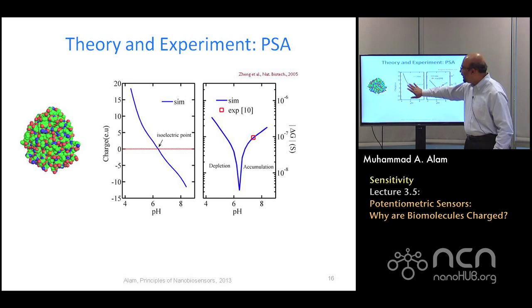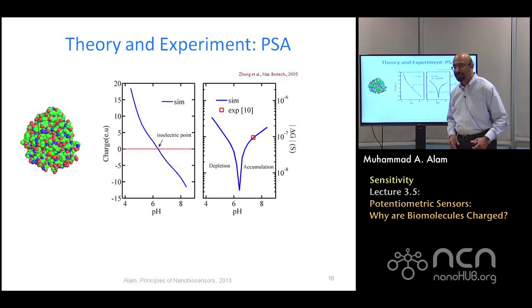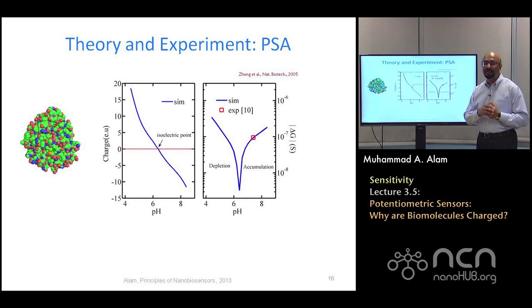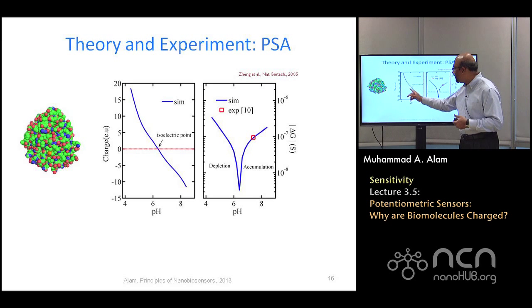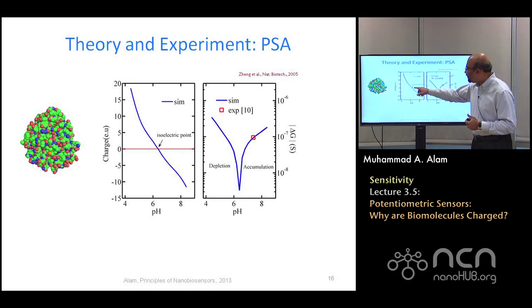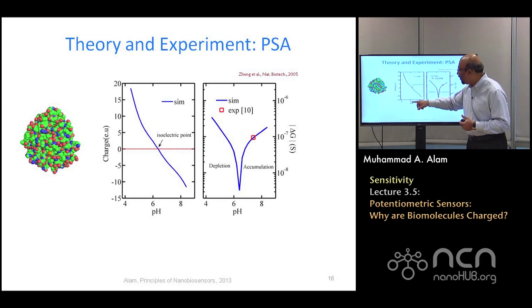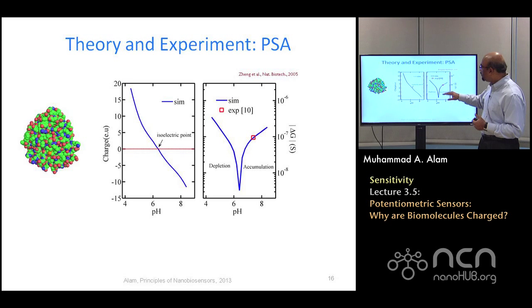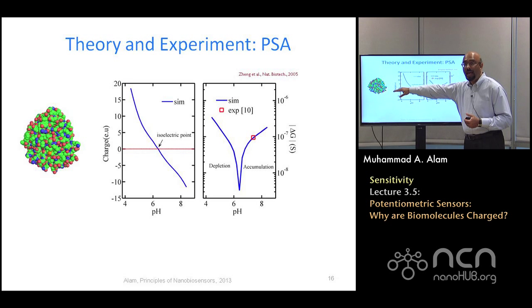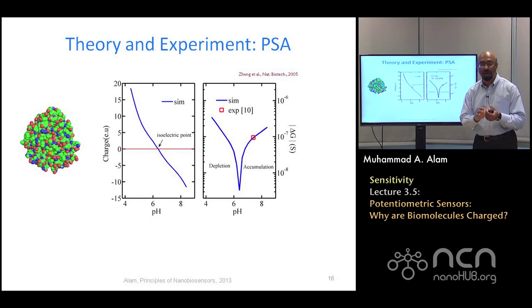So for example, this is a biomolecule like this, which has come and landed on a sensor surface. And for every value of pH, it can either be positive or negative. And so the corresponding transistor which is sitting underneath can either be in depletion or in accumulation. This, by the way, only happens for protein, which can have positive and negative molecule charges, not for DNA, which is always negative.